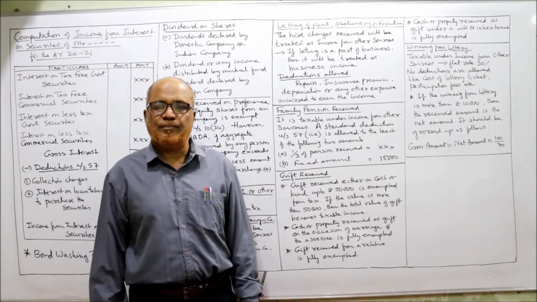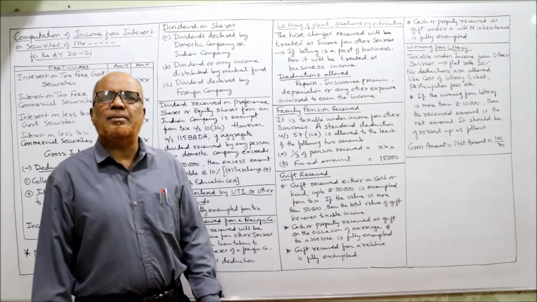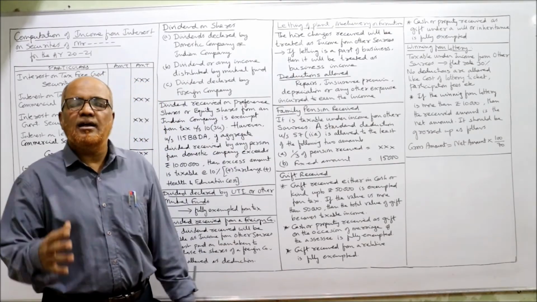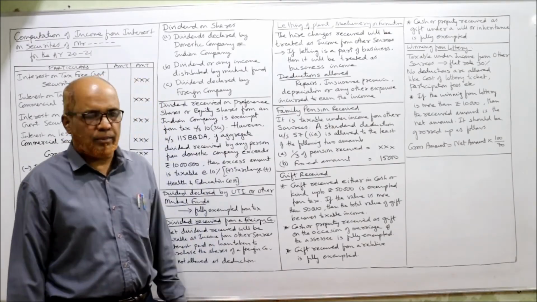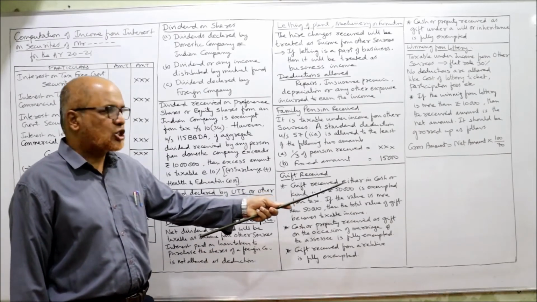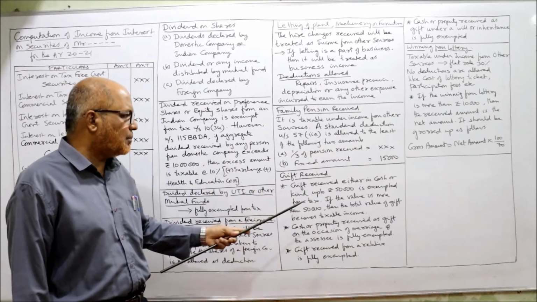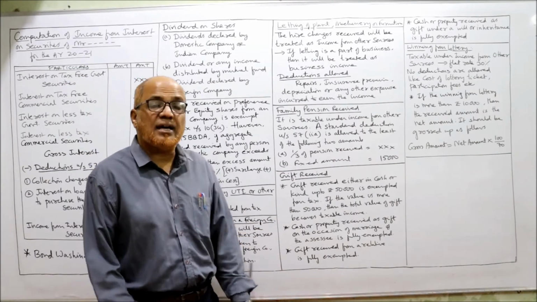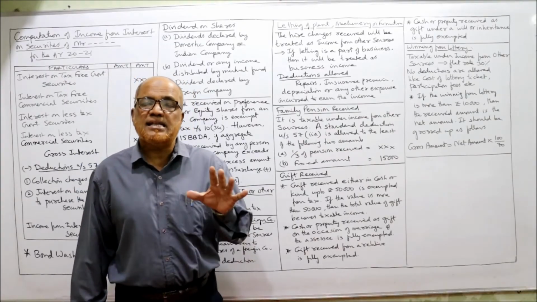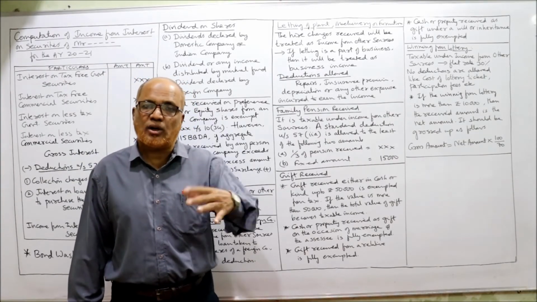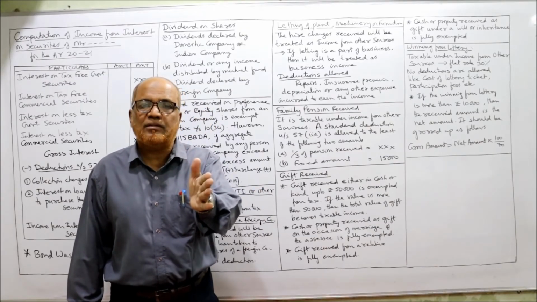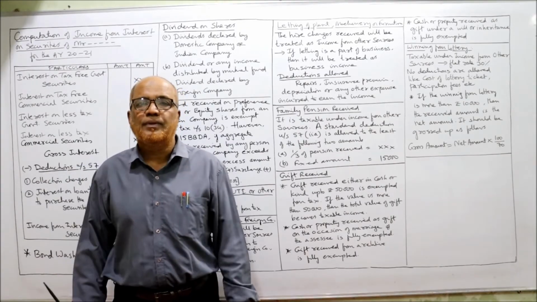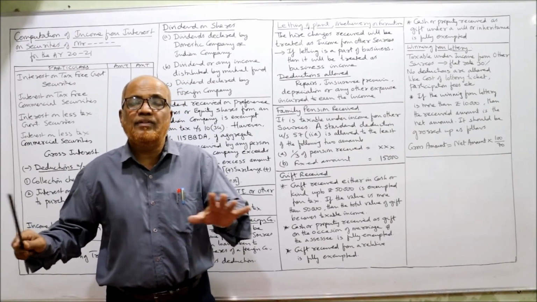Now, gift received. A number of provisions are given under Income Tax Act regarding gift. So the main points I am discussing here, many more points will come across while doing the problem. Gift received either in cash or in kind up to 50,000 is exempted from tax. If the value is more than 50,000, then the total value of gift becomes taxable. See here, Income Tax Act says any gift received in cash or kind, up to 50,000 rupees is exempted. If a person receives the gift over 50,000, then the entire amount is taxable without any exemption.